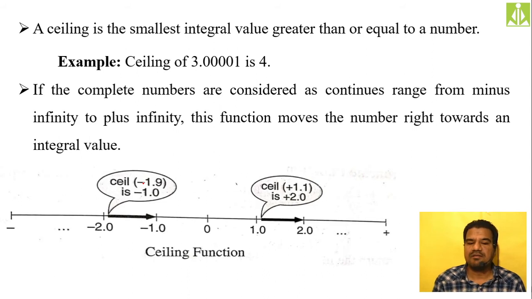Integral means whenever you are giving a fractional part, it will simply round up that part, and it will give the whole number to you. A ceiling value is nothing but the smallest integral value. If you give a floating point, it will convert that value into an integral value. So how does that conversion take place?